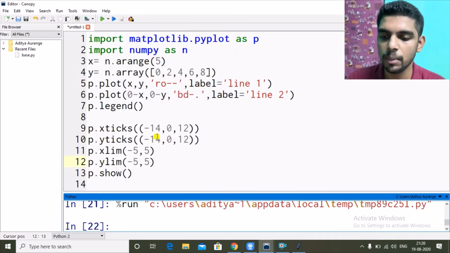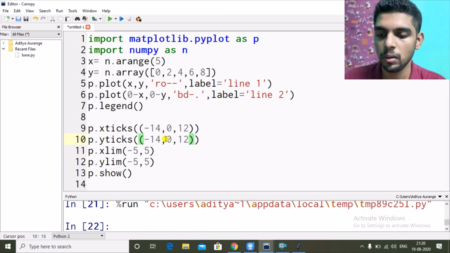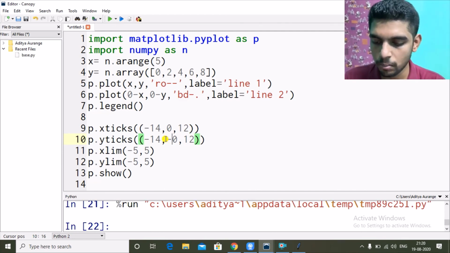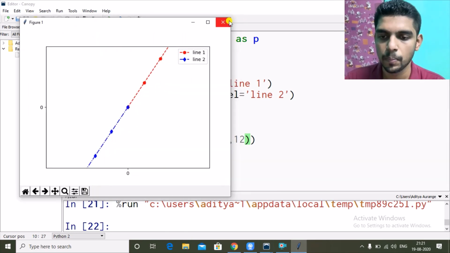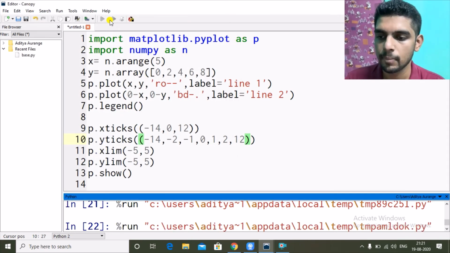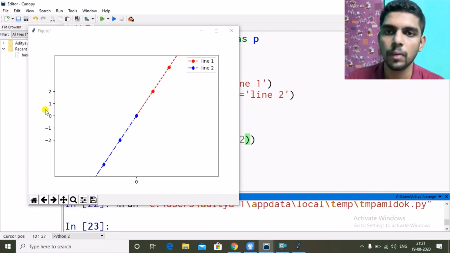Because in the ticks we gave only -14, 0 and 12. It is from 5 to -5, so we are seeing only 0. If we had given here -2, -1, 0, 1, 2, on the x-axis or y-axis, okay. So on y we are seeing -2, -1, 0, 1, 2.